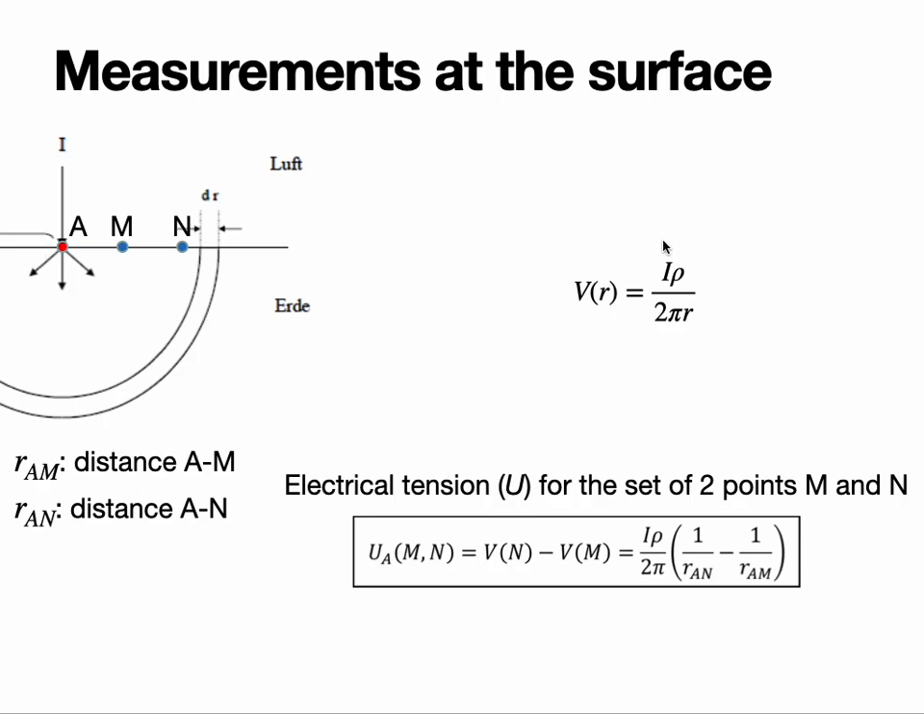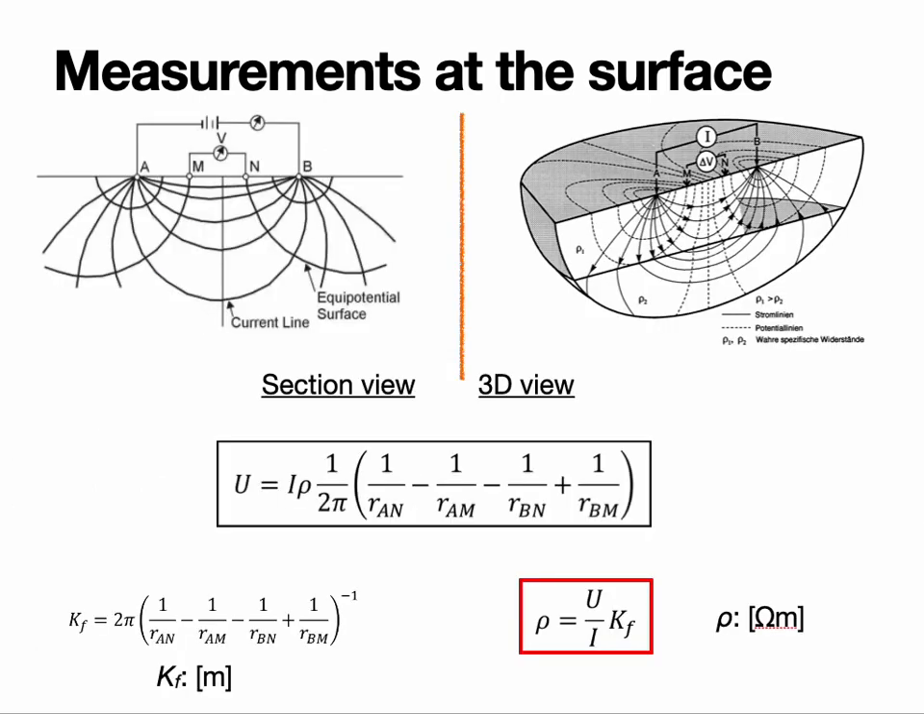So we have this formula that we solved just before, and we want to measure the electrical tension for the set of 2 points M and N. So U will be V measured at point N minus V measured at point M. So we simply have to use this formula and substitute R by the actual distance between the injection point and the measurement electrode. So that's now more realistic